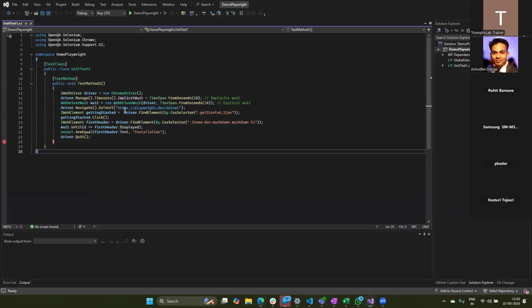Okay, so I have already written the code. Let me do one thing. Let me comment all these lines. This is related to Selenium, right? Okay, I'll do it in Selenium first, and then we'll talk about the